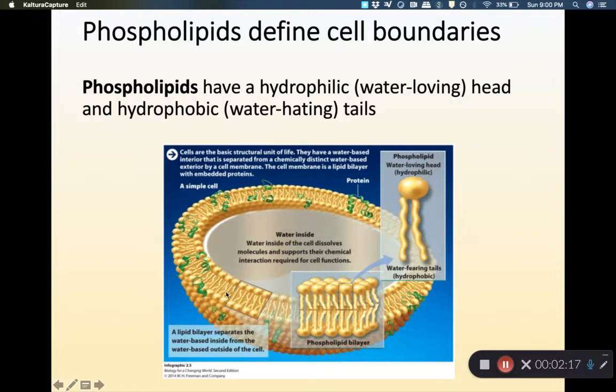And with having these hydrophobic tails, water is able to pass through these areas by passive diffusion, and this is what allows cells to maintain their structure in these